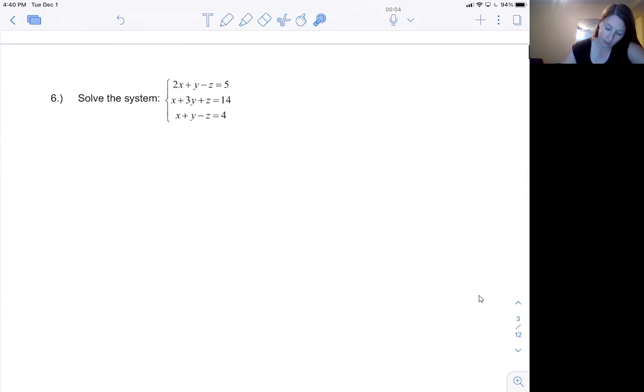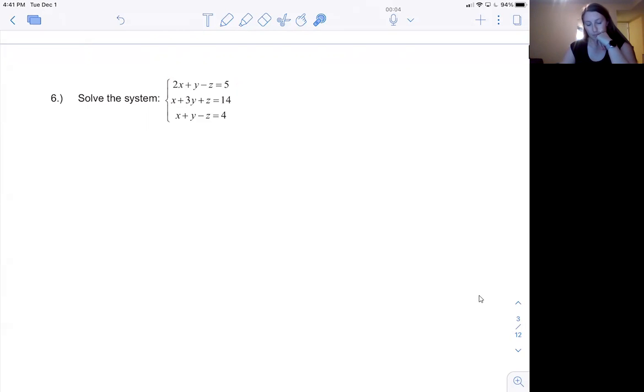So this one, I have x, y, and z. You can do substitution for this one. I just think elimination is easier when you have 3 variables. So I'm trying to eliminate a variable. And how I can eliminate a variable is I can add or subtract equations together to try and get rid of one. I can also multiply